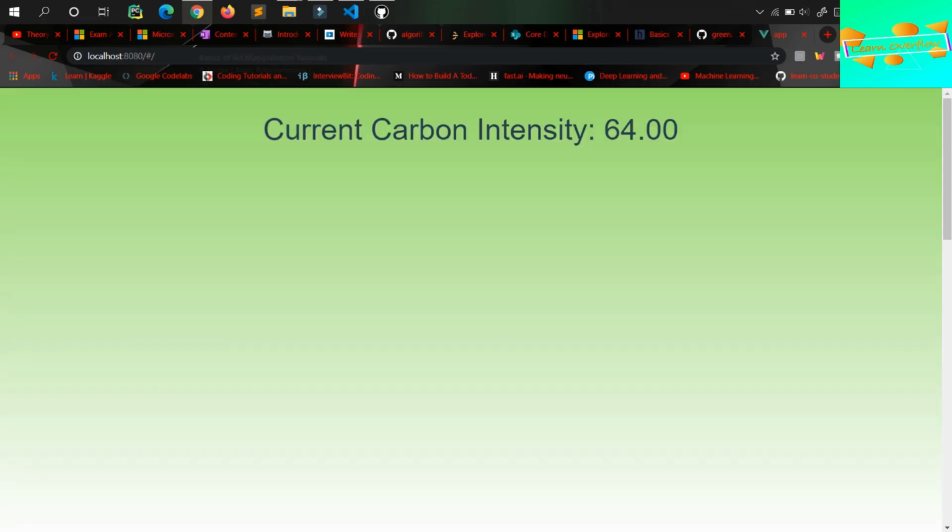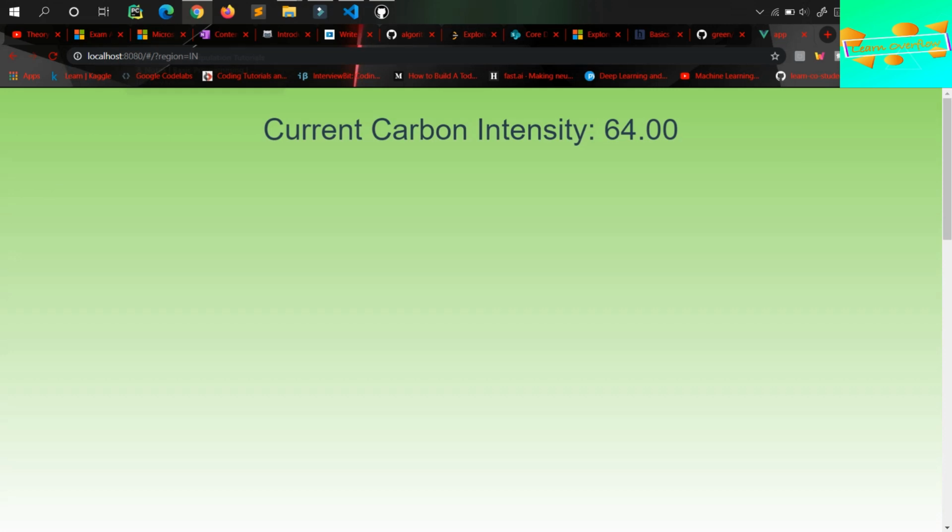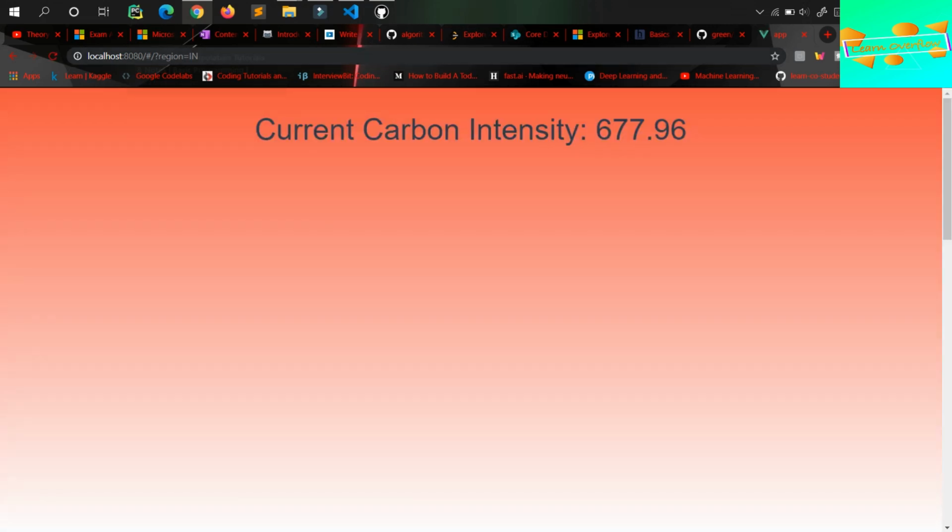So this is currently loading because yeah. So this took France as default, that was what we set, but you can actually change this to your region. So I'll change this to India. Let's see how it goes. So let's change this to region India and reload the site once. Yeah. So that's the current carbon intensity, and this data is actually provided by the API that we use,